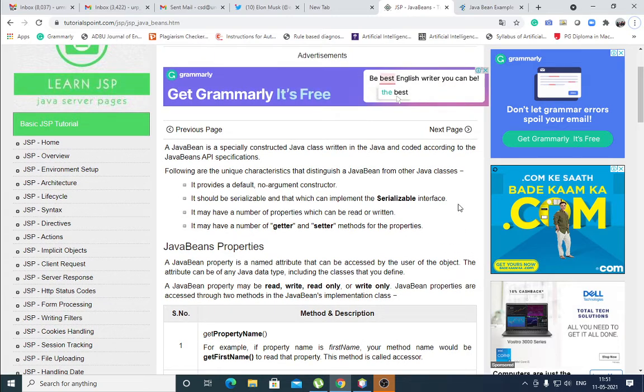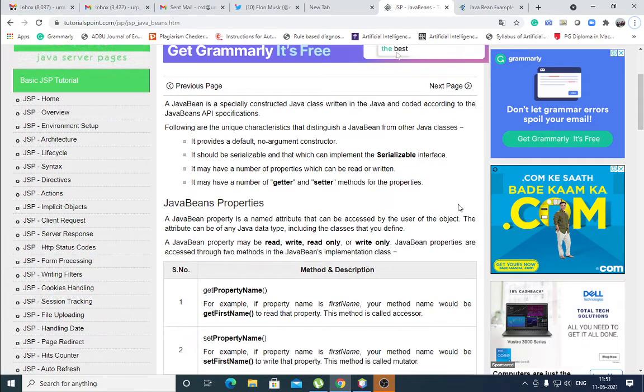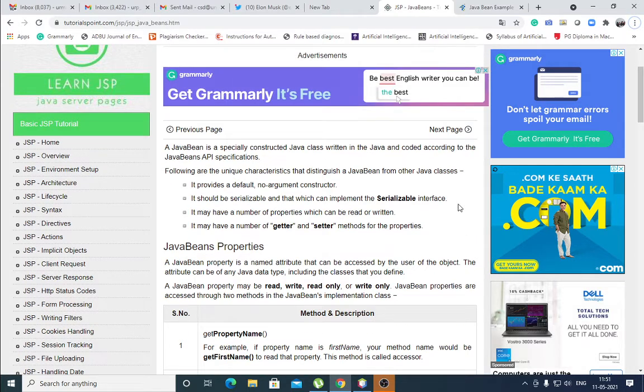Today, I would like to discuss Java Beans. A Java bean is a specially constructed Java class, written in Java and coded according to the Java Beans API specifications. You know Visual Basic, ASP.NET.